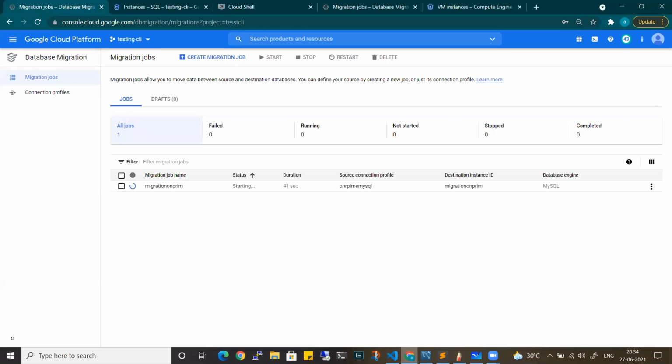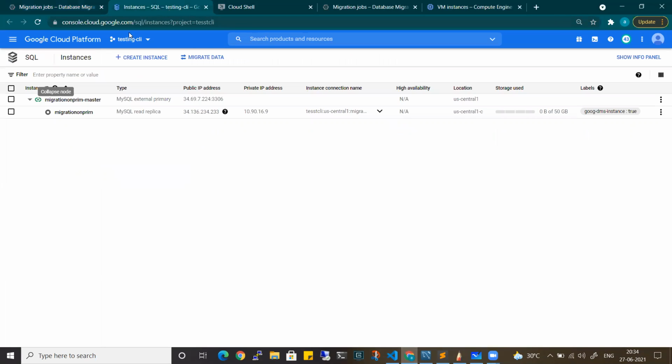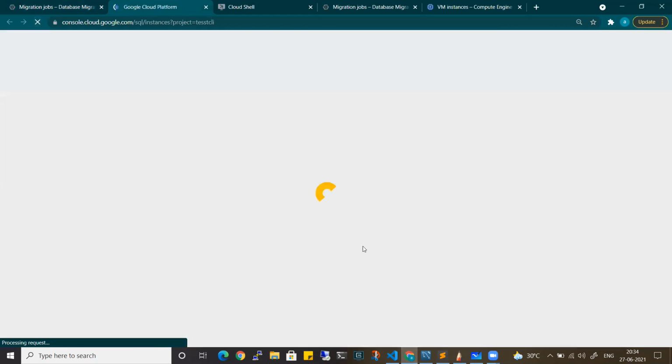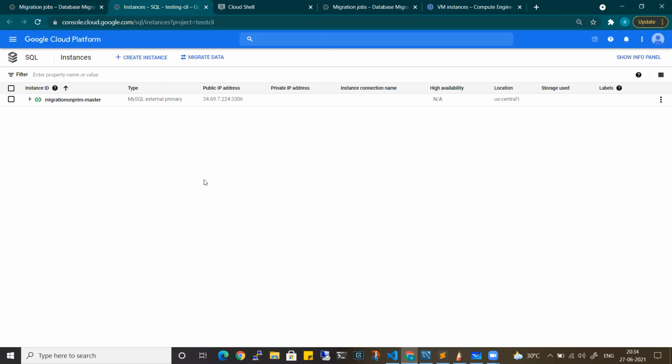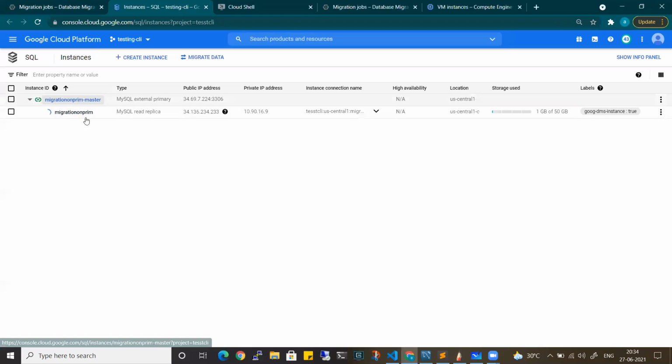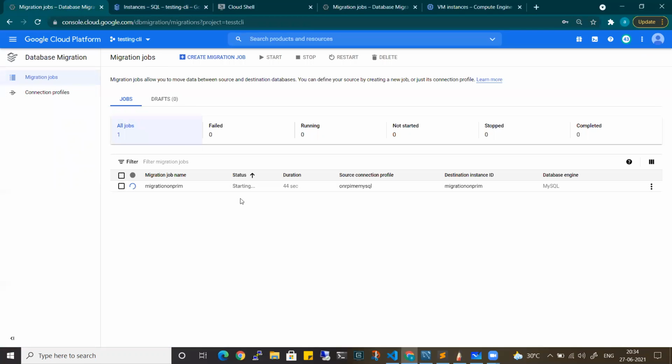Come on. Okay, it started. If I go and refresh here, okay, it's performing some sort of operations, because if you see here, this is in starting state. Once it is completed, we'll be getting a message over here that the migration was successful. The migration work is completed actually,